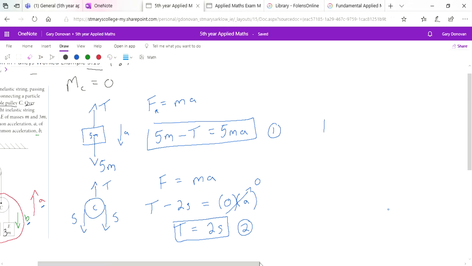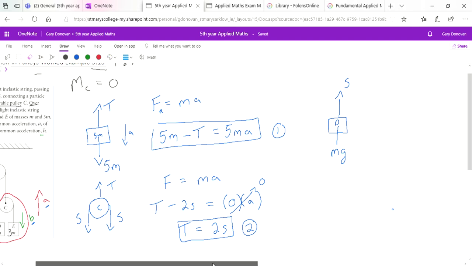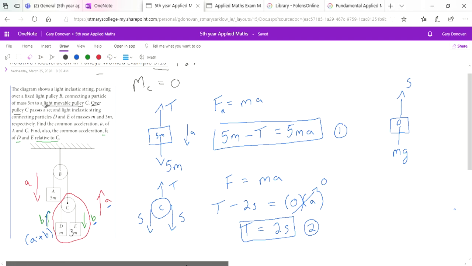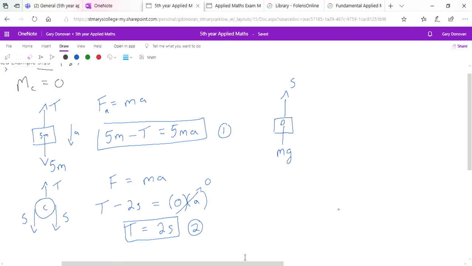We have particle M, or particle D, which has a weight mg going down, and it's being pulled up with a force S. When we look at particle D, overall it's moving up. So we can say that S is bigger than mg, so it's S minus mg, and this is our F equals ma equation there. So that's going to be equal to its mass, which is m, and its total acceleration,